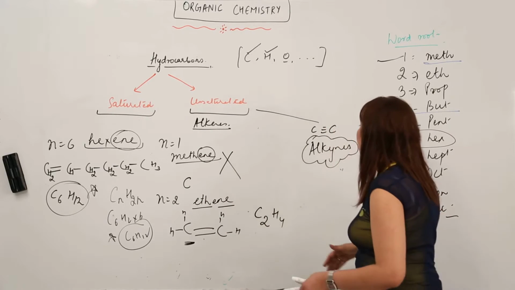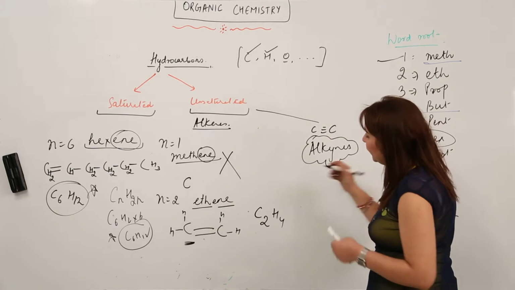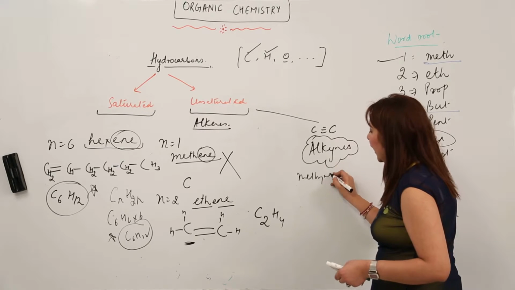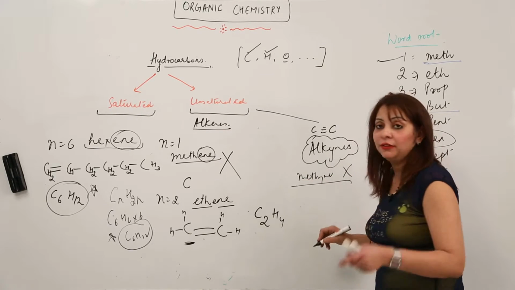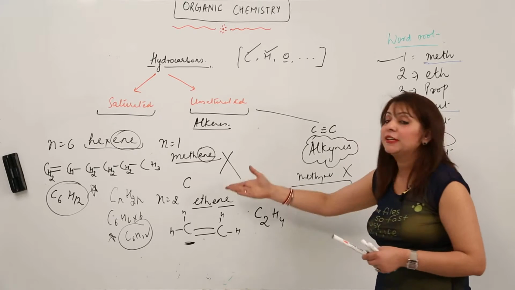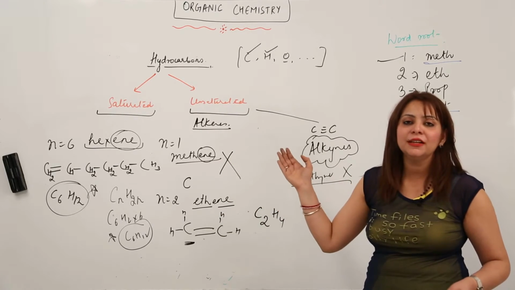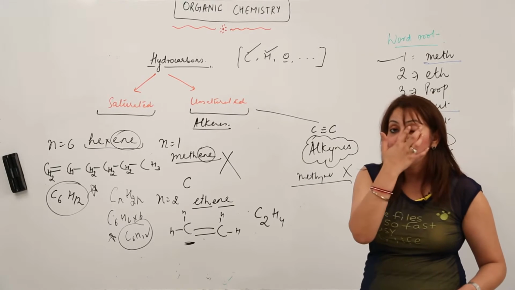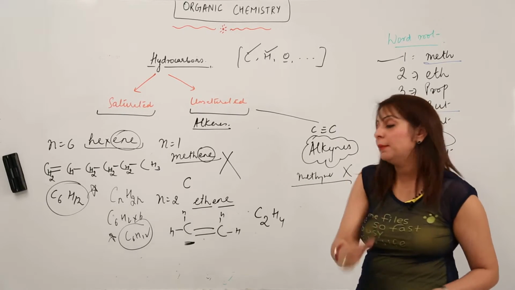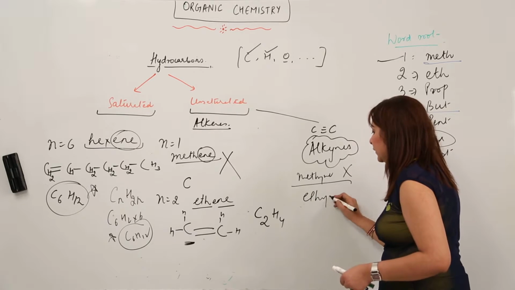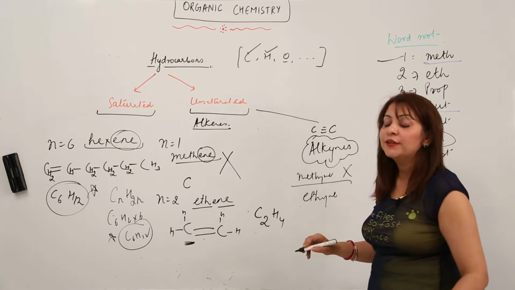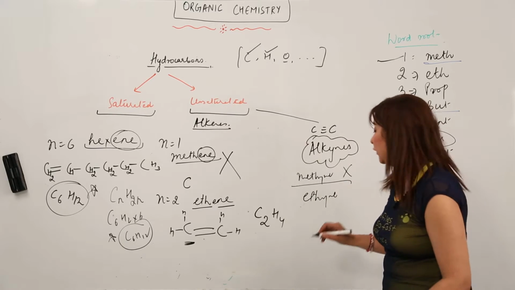Likewise, we will be making the members for the alkynes. Obviously the first member, methyne, will definitely not happen. You know the reason, because it cannot form the double bond, so how can it form the triple bond? So there is no question of the first member methyne. The first member will be a minimum of 2 carbon atoms, that is ethyne, because there should be minimum 1 carbon to which the other carbon can form the triple bond.